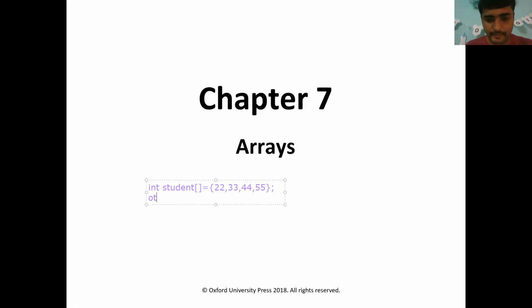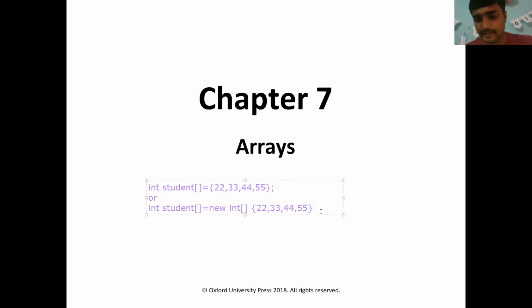There is another method to initialize an array: int student = new int[size of the array] with values 22, 33, 44, 54. So this is the basic syntax for declaring an array as well as initializing an array.